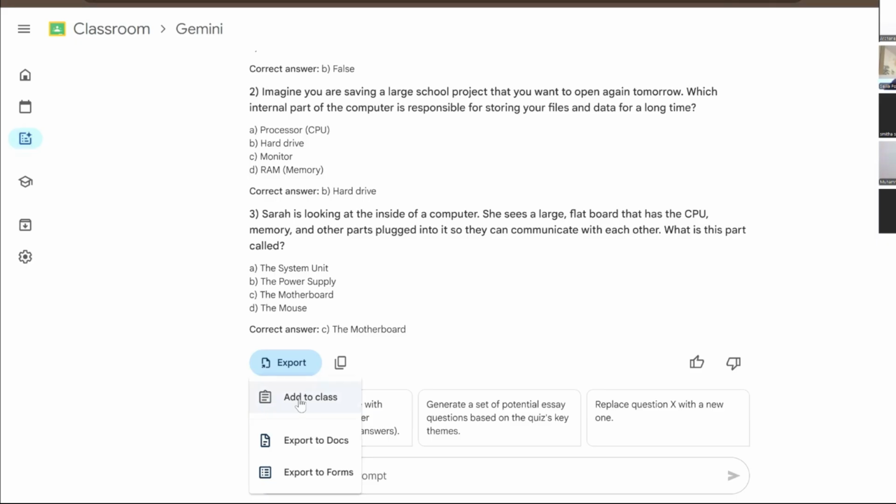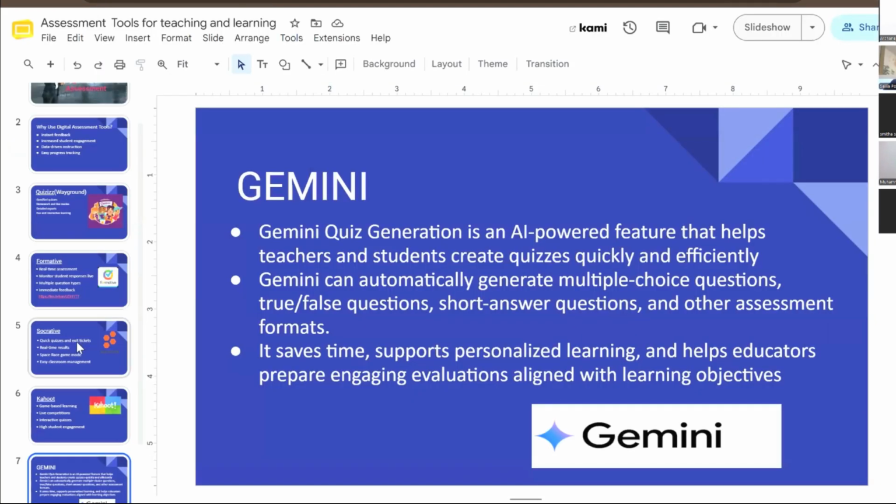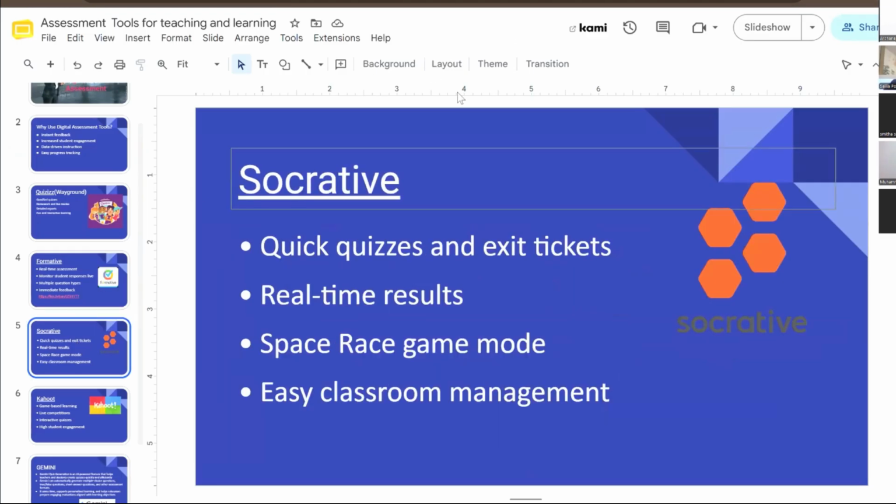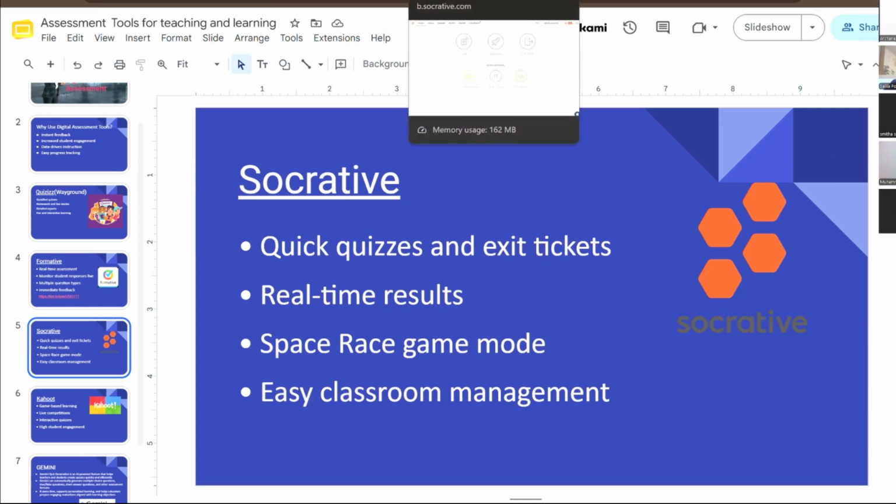Yes, ma'am. Then now you can go to the next one, Archana teacher. Okay, ma'am. So moving on to the next assessment tool, again it's Socrative. Socrative is also the same as quizzes and formative. We have to go to Google and type Socrative.